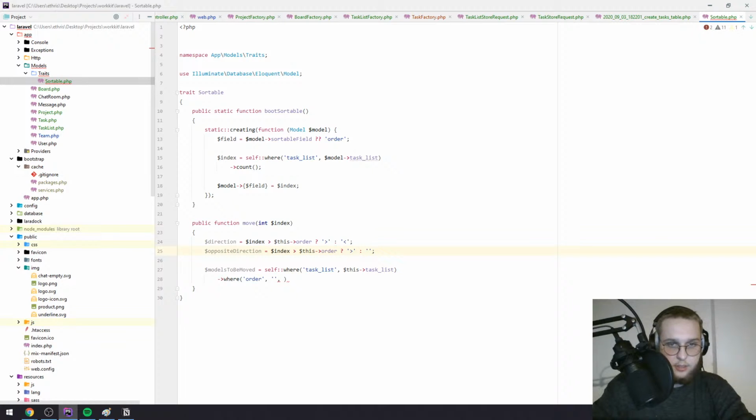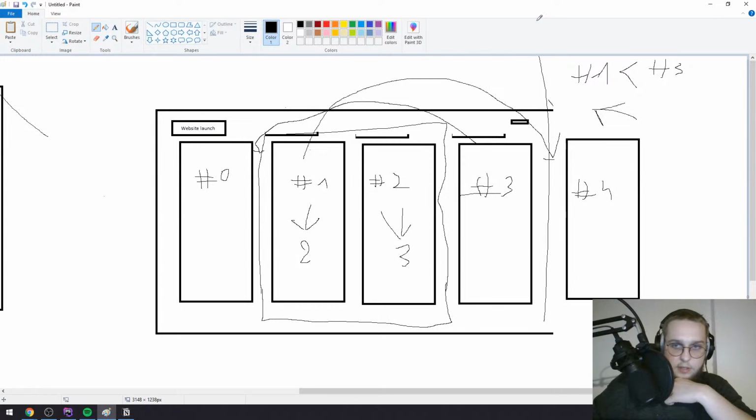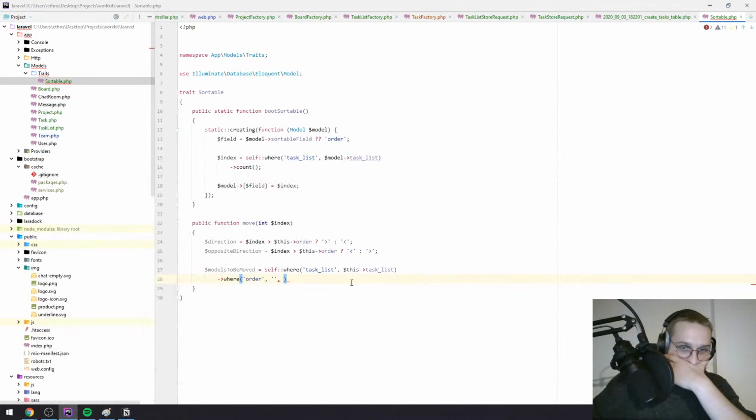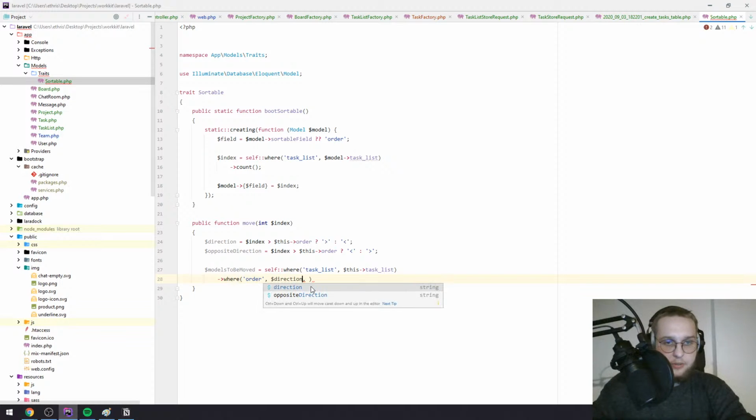And you may ask, why is that? Because we want to put them in a box. So we have borders, frames from one side and then the frames from the other one. So where order is direction,